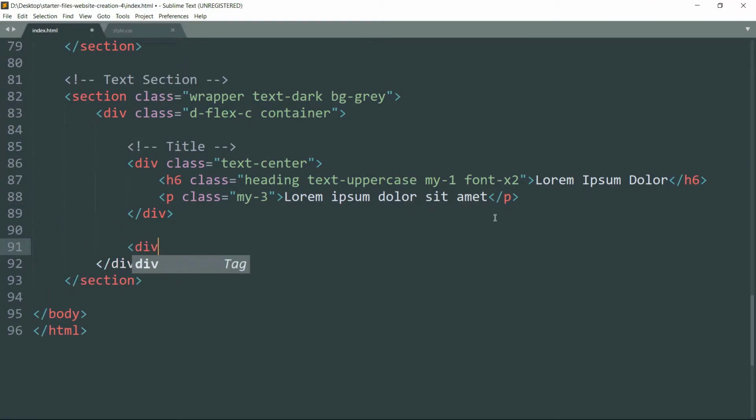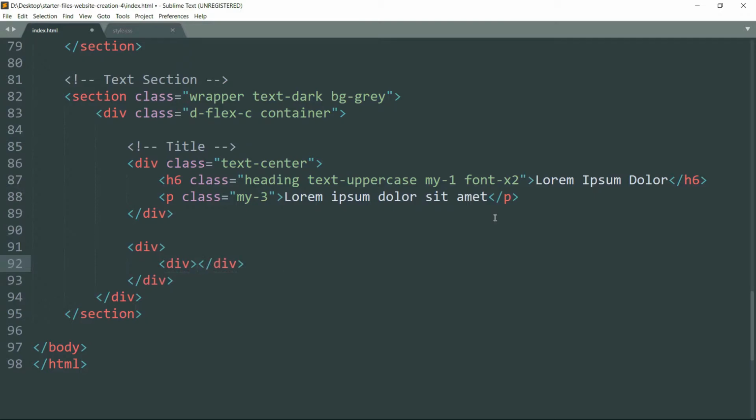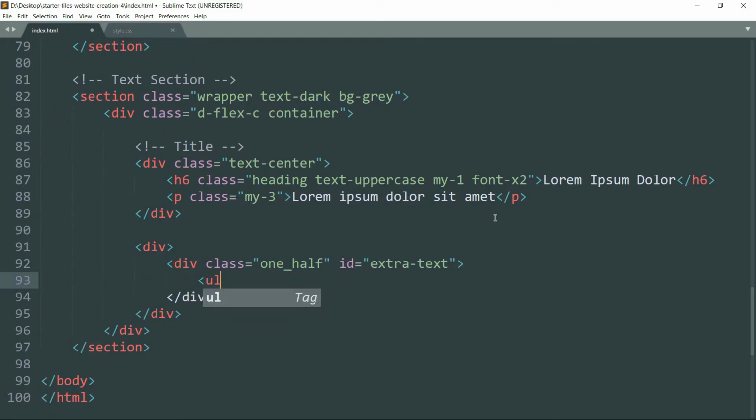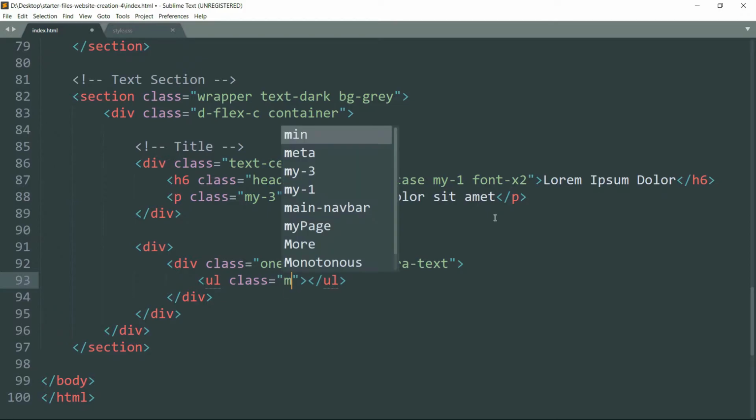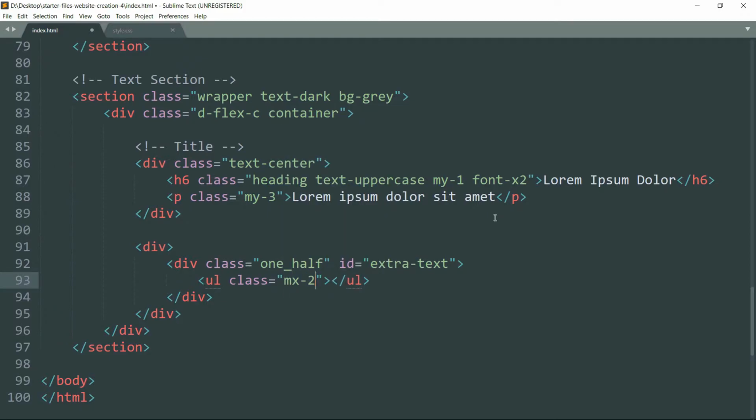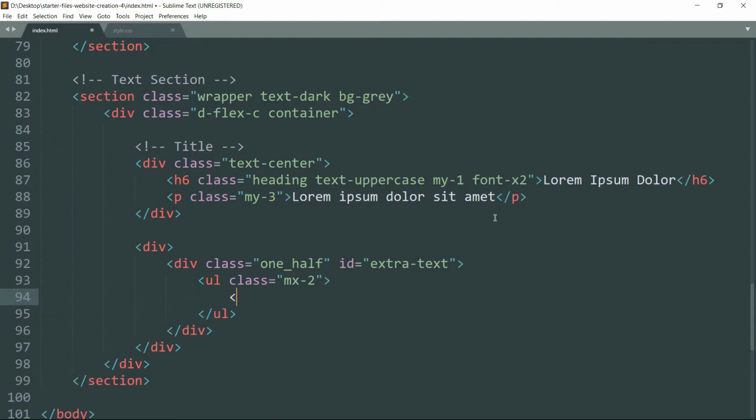Create a div tag, get inside and create another div tag and write class as 1_half and id as extra-text. Then get inside and create a unordered list tag, that is the ul tag, and write class as mx-2. This is going to add 2 rem of margin left and right. Then get inside and create li tag and write class 1_half